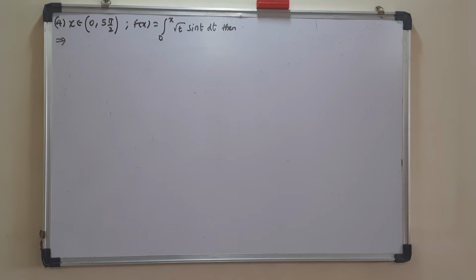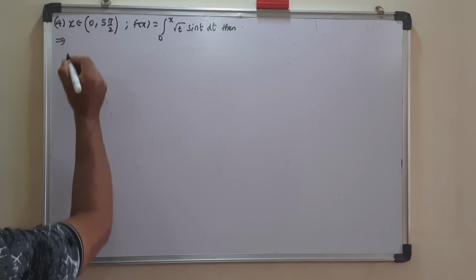Coming to next question, x belongs to open interval of 0 to 5 pi by 2, and function of x is defined as 0 to x under root t sin t dt. If you remember, this particular is 100% only solved using Leibniz rule, which is from integration of ux to vx, function of phi or t, whatever it is. So here how we take, I told you in very simple language, f dash x will become here, f dash x